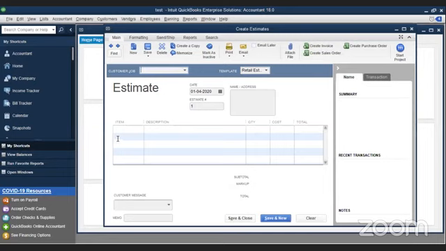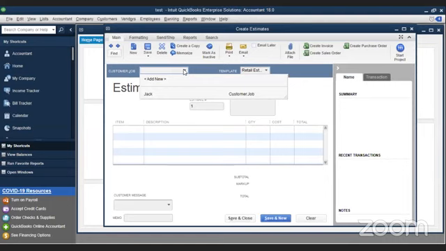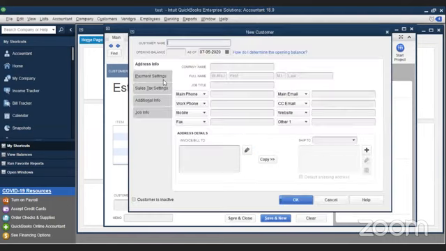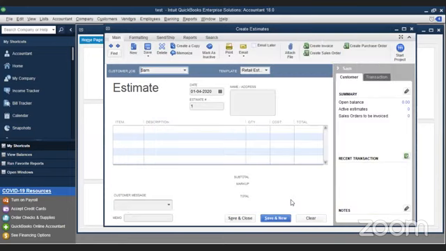Now, if you see sales estimate, it's the same as the purchase order. Just the words are going to change, and you're going to select customers. So you're going to pick the customer name. You don't have the customer in your list, so you're going to create one. We'll say Sam. He doesn't have any opening balance. You can put all the data you want. You're just going to click OK. So you have created Sam's account.